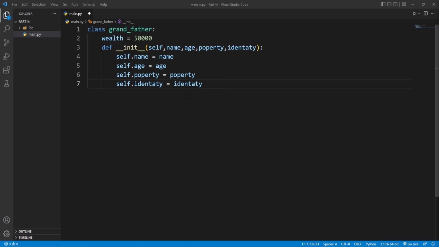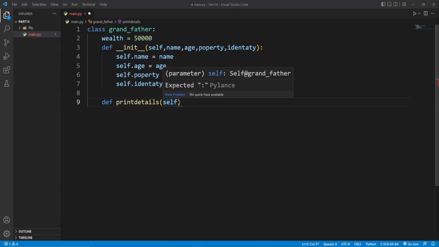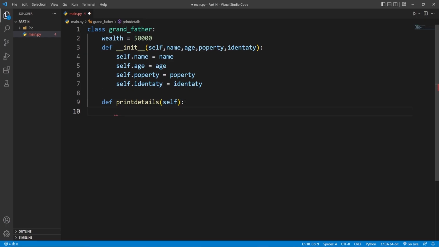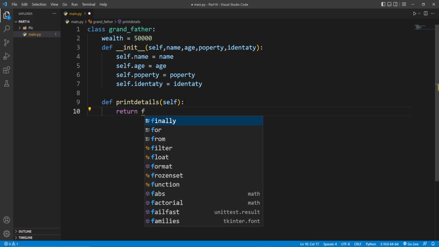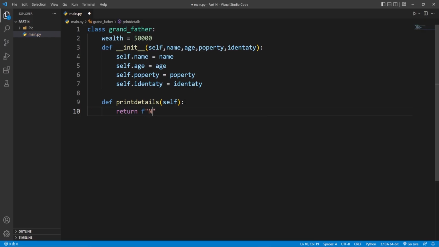Now I'm going to create a method that can print instance details. So here I'm going to type def, and our function name is print_details. Then inside the round braces, we need to pass one parameter, self. It's a default parameter, and as I told you earlier, self means the instance created with this class. So inside this function, I'm going to return a statement. Return. Here I'm going to use an f-string. Then inside the double quotes, name is